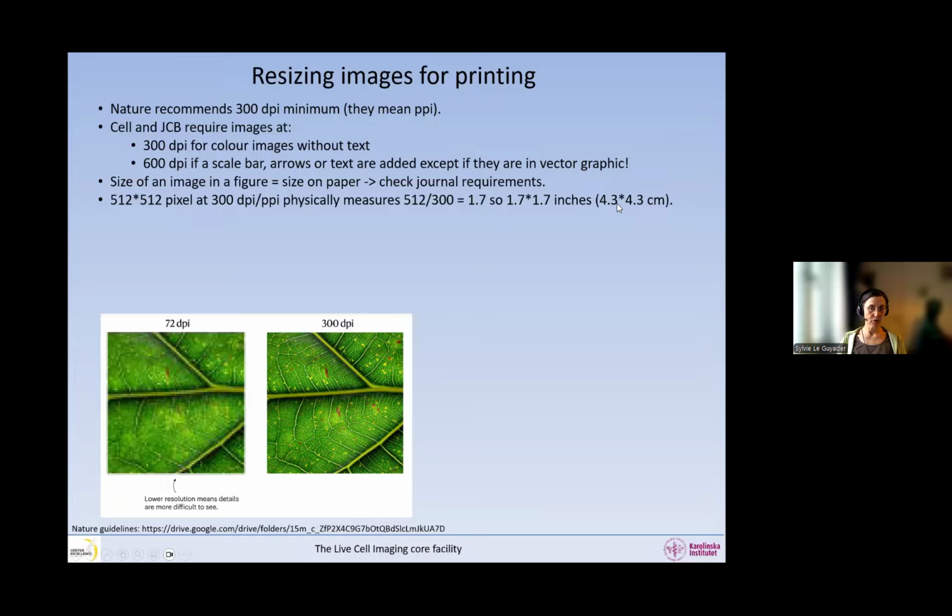And an inch is 2.54 centimeters. So this image, 512 by 512 at 300 dpi, is going to be 4.3 by 4.3 centimeters. So you can measure and see what size it is and figure out if this is too big or too small.